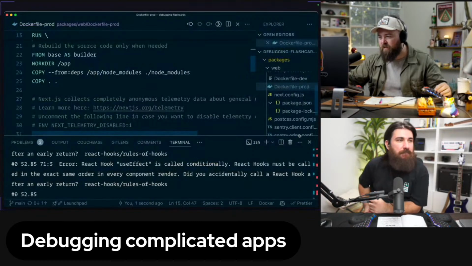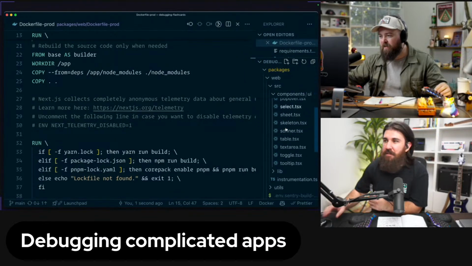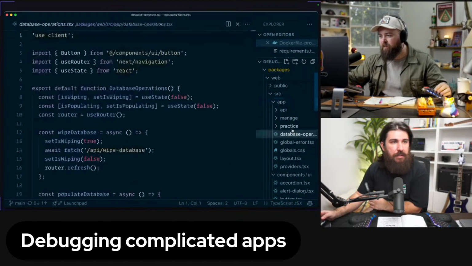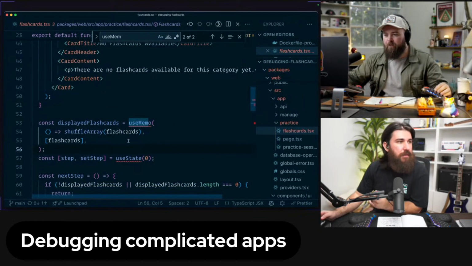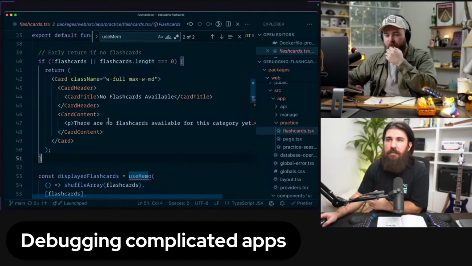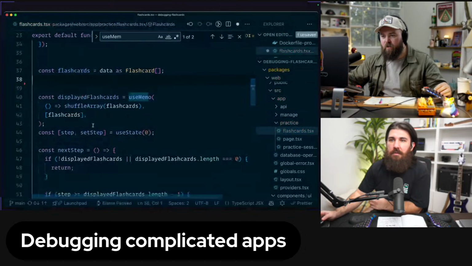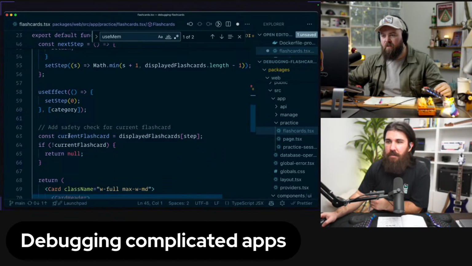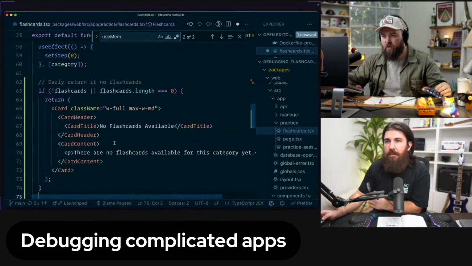Got it. Okay, so we can fix this though. So now we get to be developers. Yeah, and it got us most of the way there. So go to... No, not there. What page was it? App. There it is. It's gonna be practice flashcards, and then we're gonna look for our useMemo. And the if is above there. Here's our if. This then I think goes all the way down. It just goes under the memo, right? Under the useState and the useMemo. Yeah, if the useState is the last. There's also a useEffect. An effect as well. Where's the last? Yeah, there we go. Okay, so that should work.